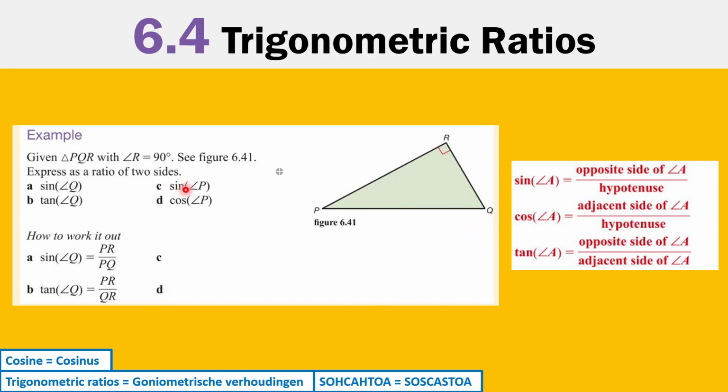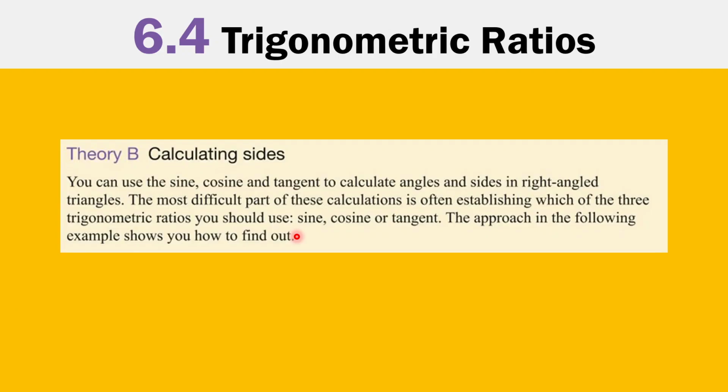Now they switch to another angle, the sine of angle P. Well, the sine, right, SOH, I need the opposite side and the hypotenuse. I need the opposite side, QR in this case, and I need the hypotenuse, that's still PQ. So here this is QR divided by PQ. And the cosine of P means CAH. Here I need the adjacent divided by the hypotenuse. So here I need PR divided by PQ. Right? And that's how you first start practicing with those